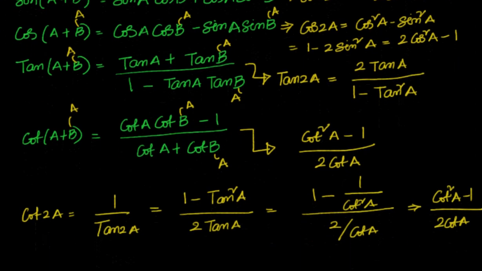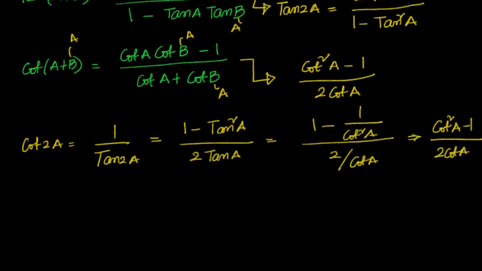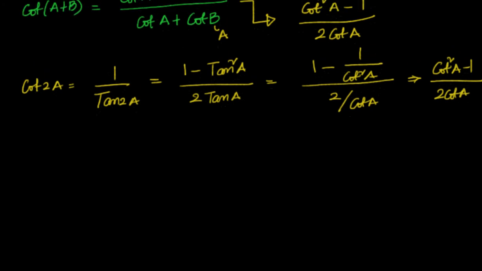Sin 2A, cos 2A, tan 2A, cot 2A. Okay. Now sin 2A, cos 2A we can also tell in terms of tans. Let us look at that. We know cos 2A and sin 2A. Let me do it here. We just now learned that sin 2A equal to 2 sin A cos A. Now I want this to be in terms of tans, right?